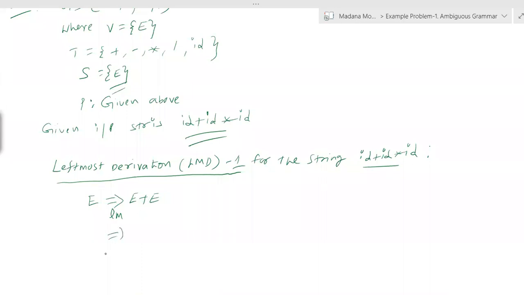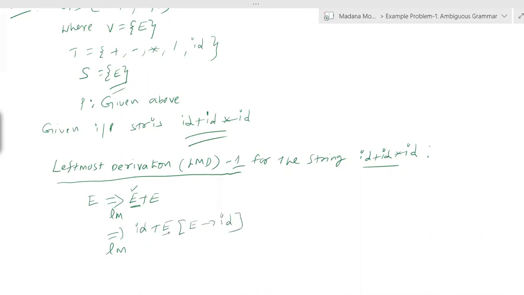Here we are applying leftmost derivation in each and every step. Here 2 variables are there. So the leftmost variable is replaced or substituted by its productions. It is in the form of E plus E. So before plus, what we want is a terminal id. So this leftmost E is substituted by id. We have the fifth production, E derives id. So therefore you can substitute this by id. Now it is id plus E. In brackets, you can write what substitution we used, E derives id.